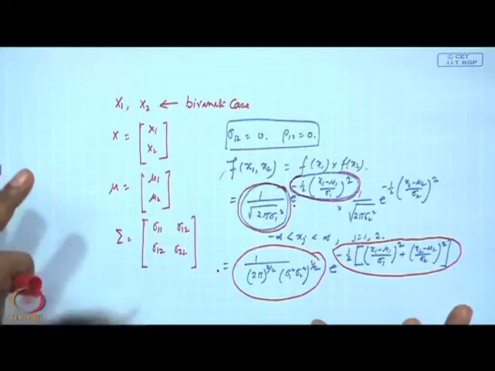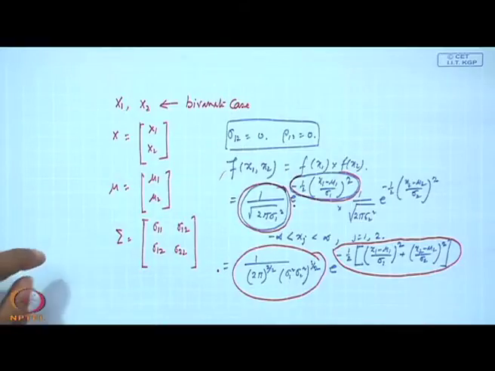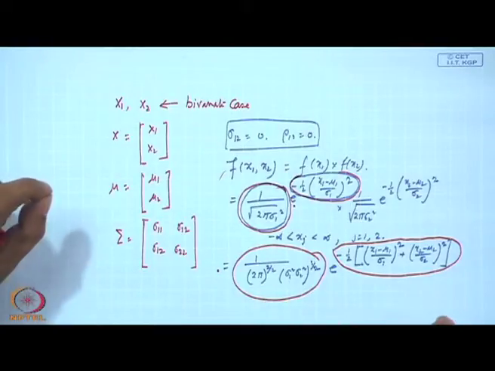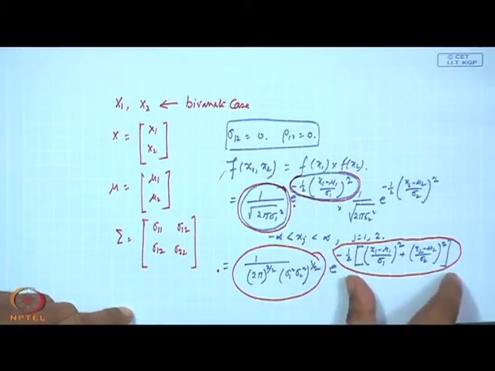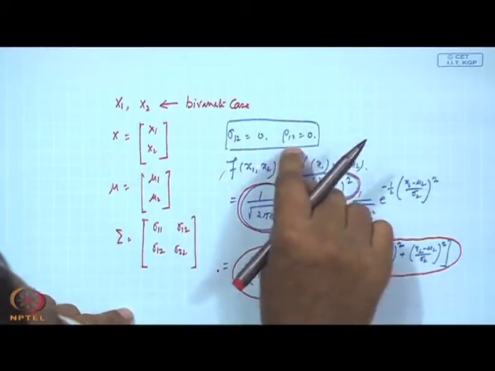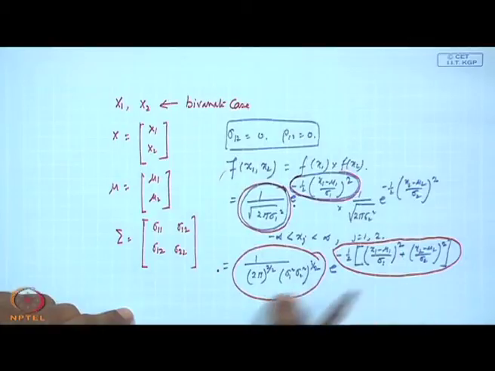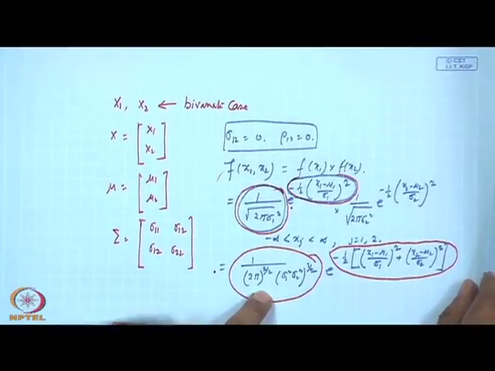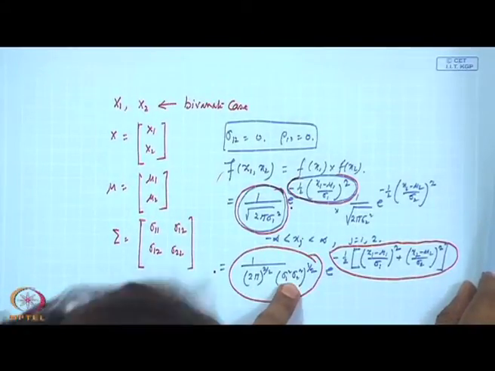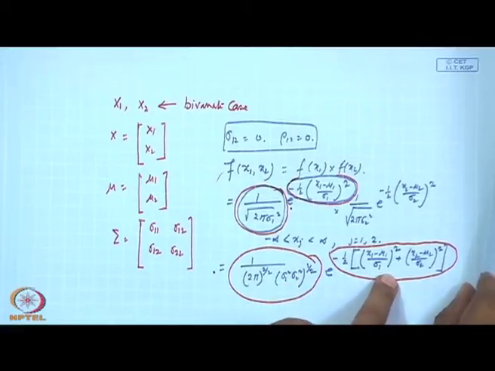The general structure for the multivariate normal distribution and the univariate remains the same. What is the difference? The difference will come in the components; the values will be different. So, we found out that if x1 and x2 are independent, then our structure is like this. Okay. Now, let us see how we derive this constant part as well as the exponent part from the population parameters, that is what we have.